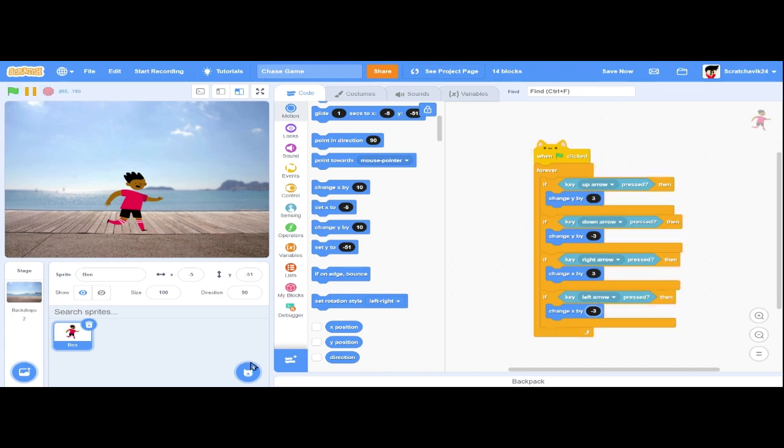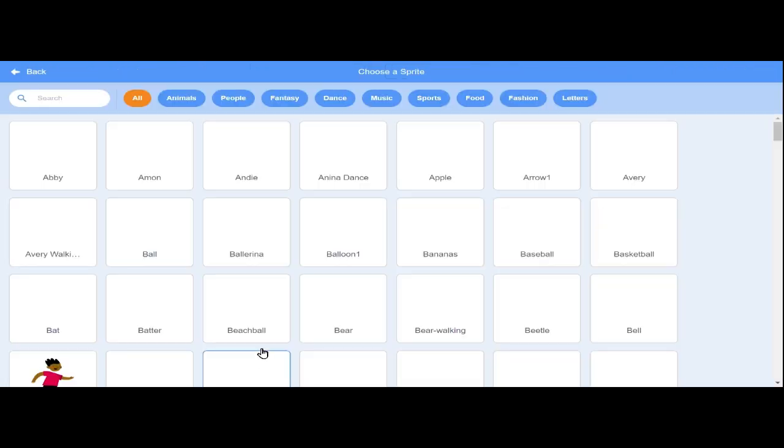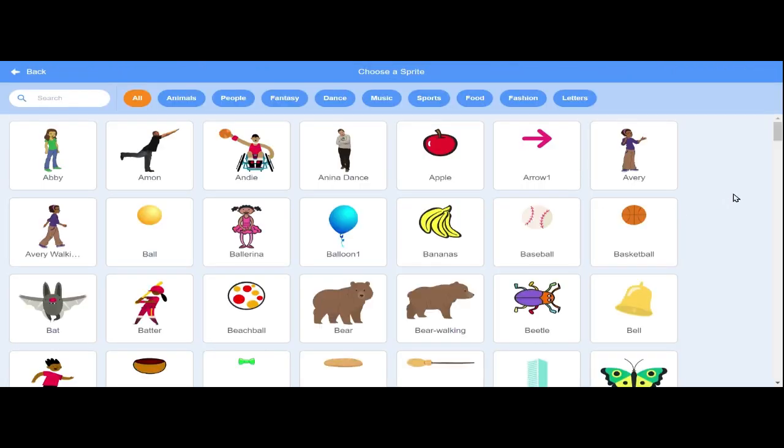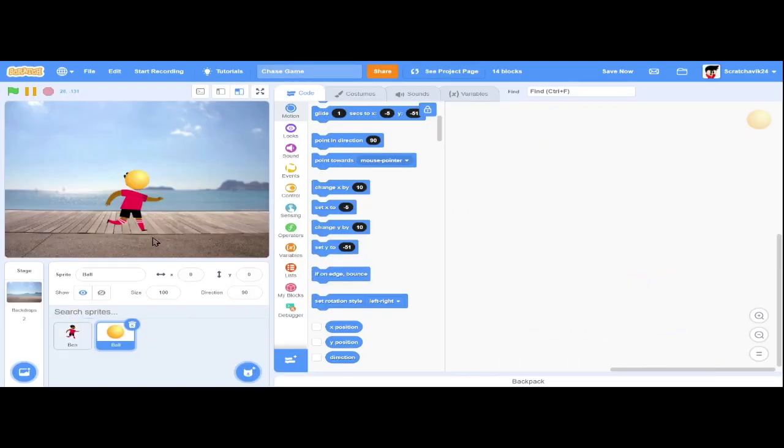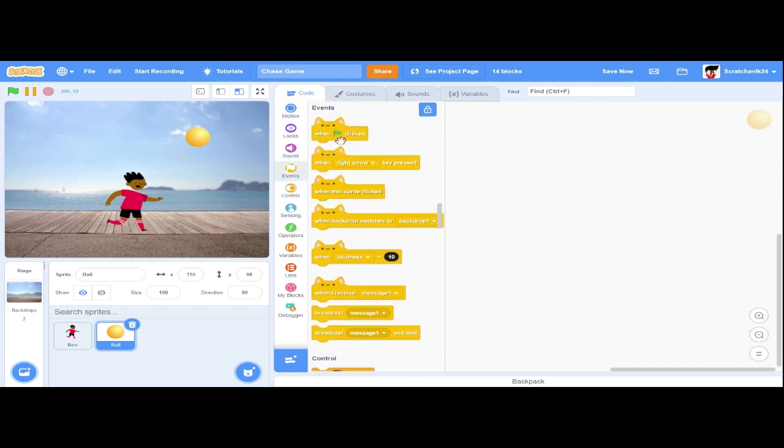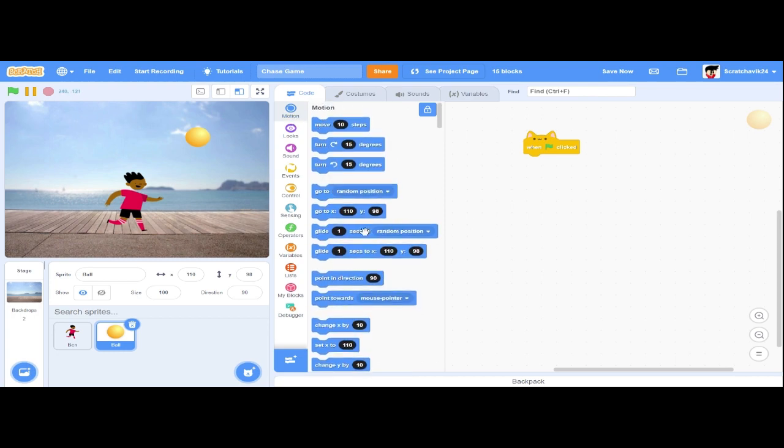So now I'm gonna add the sprite that's gonna be chased. So I'll just select this ball right here. So just drag it right here. So now we want it to glide all around the area. So I'm gonna go to events and get this event right here. Go to motion and then glide 1 second to random position. So I'll set this to 2